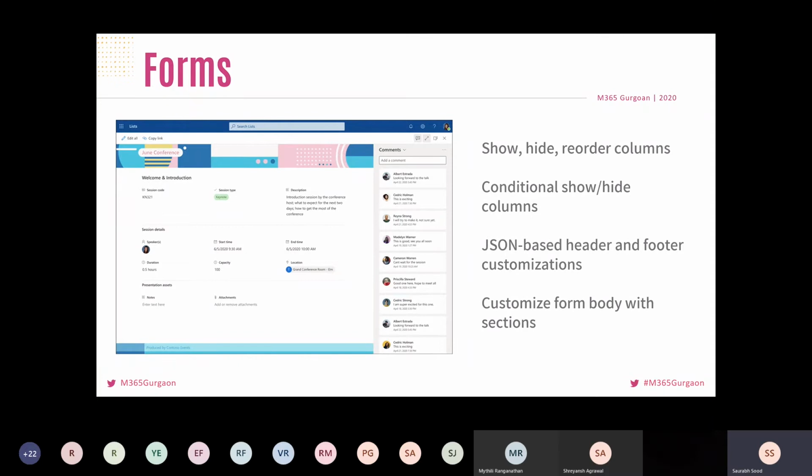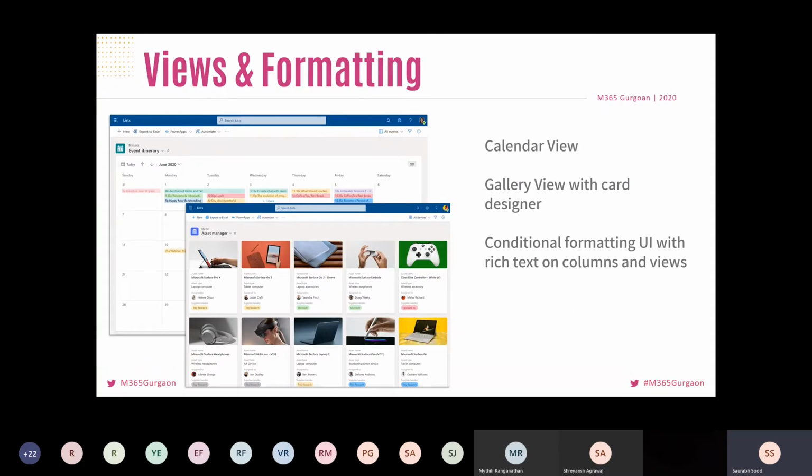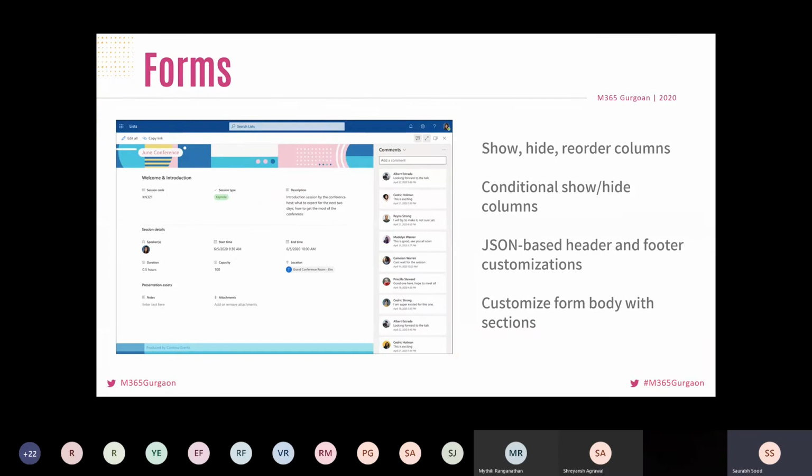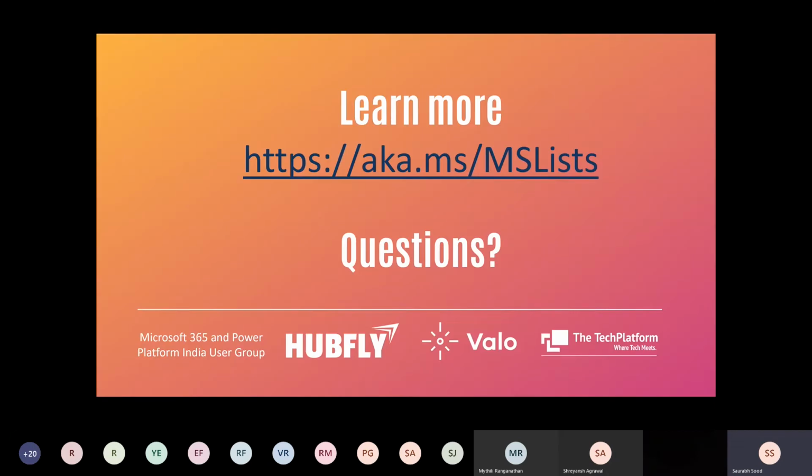The same experience that Shreyansh showed for all these views, customizations, and forms will be directly available in Teams, so you don't need to do any specific customization for web and Teams. Everything just works out of the box on web and Teams directly, which is a great saving when you are customizing the experiences.